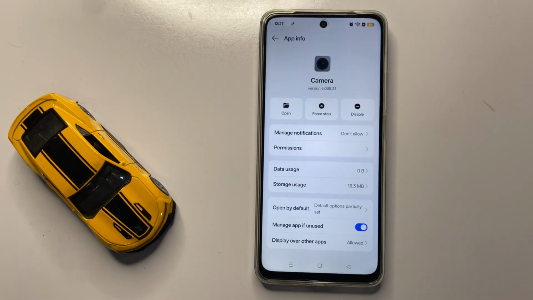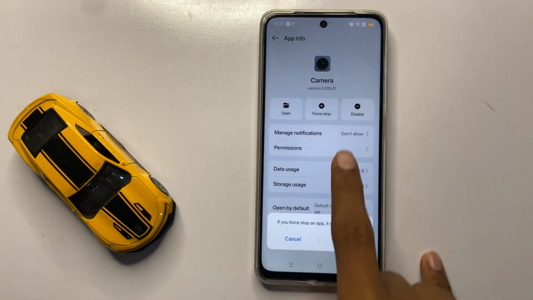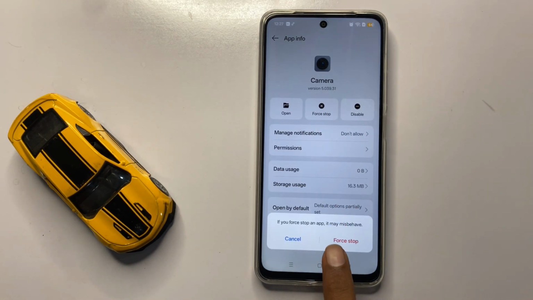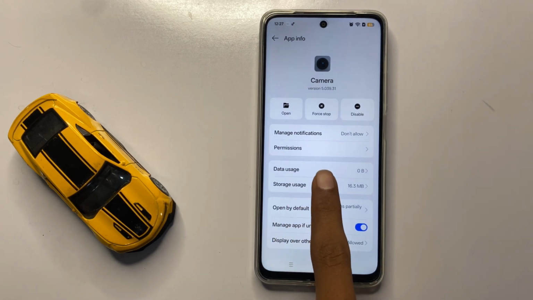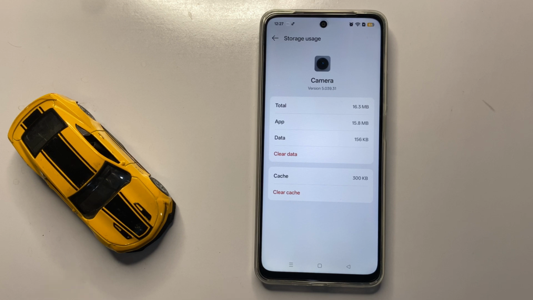After clicking on camera, here you can first force stop your camera by clicking on force stop. After force stopping your camera, here you can see the option storage usage. Now click on it and here you can clear the cache memory of the camera. After clearing the cache memory, then go back